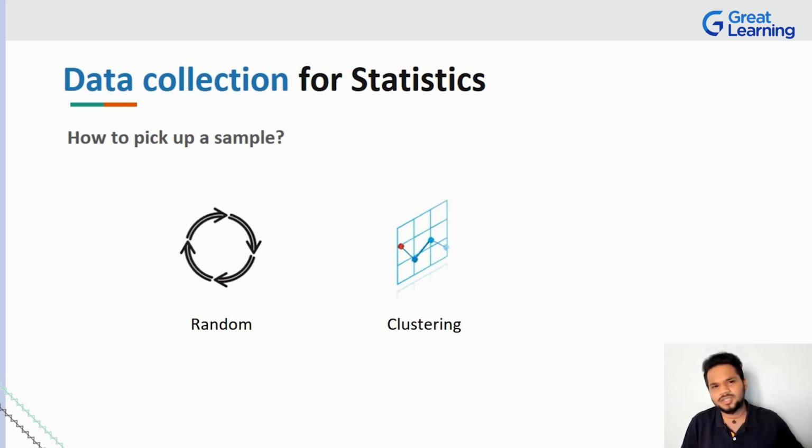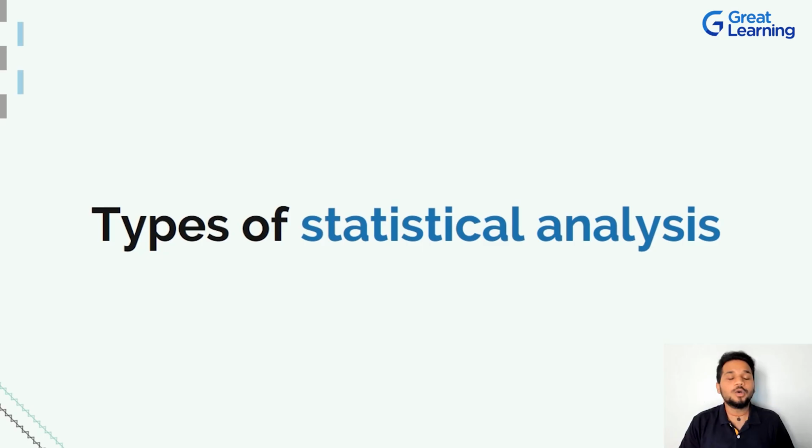So there are cases where clustering works beautifully. There are other cases where random sampling is also preferred. This is very important for all of you to know. So I hope you're clear with that. We can quickly go ahead and take a look at the next important part of our discussion, which is basically